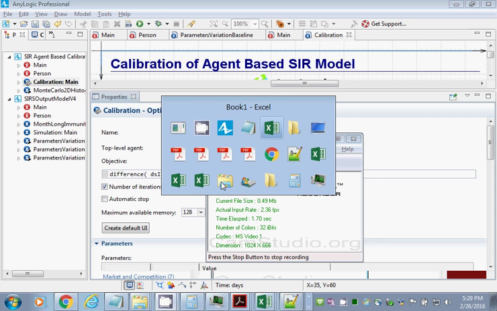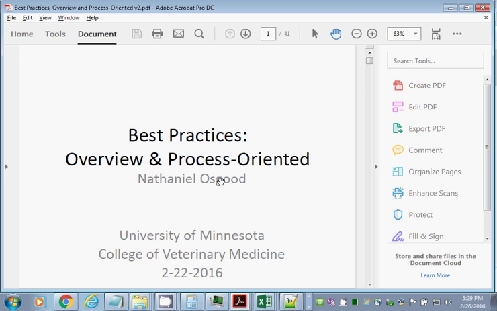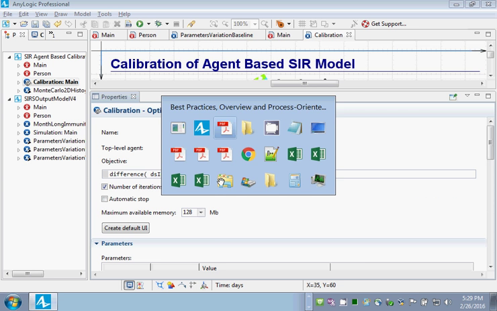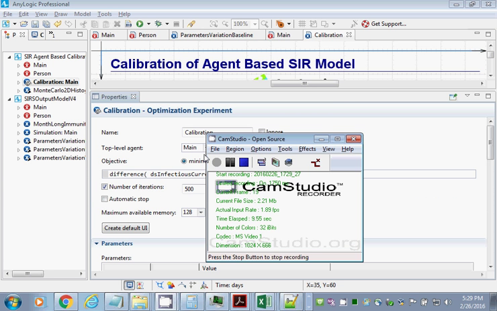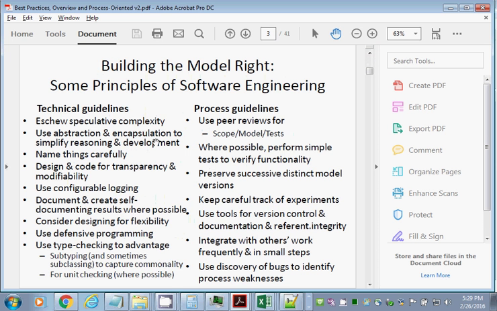Best practices, what I can do is just comment. I have two types of best practices listed here. So there's two types of best practices. One of them are process-related ones, particularly using peer reviews. Perform simple tests with your model with certain experiments,